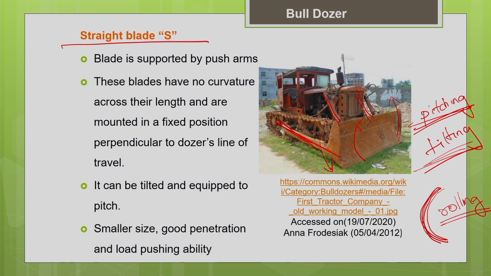To make the material roll easily in front of the blade, I have the curvature in the vertical plane. All the blades will have the curvature in the vertical plane, but there are some blades which also have a curvature in the horizontal plane. You can see that the blade is curved like this. The main reason why the blade is curved like this is so that the material will be contained.